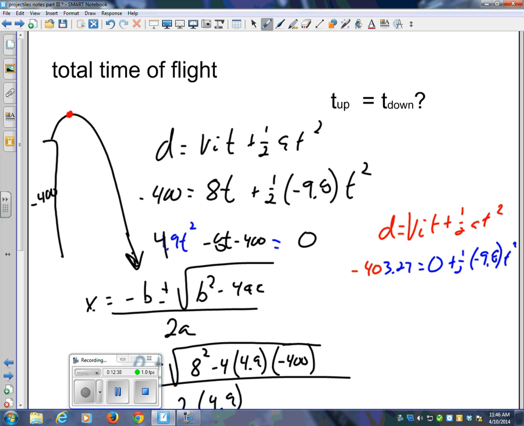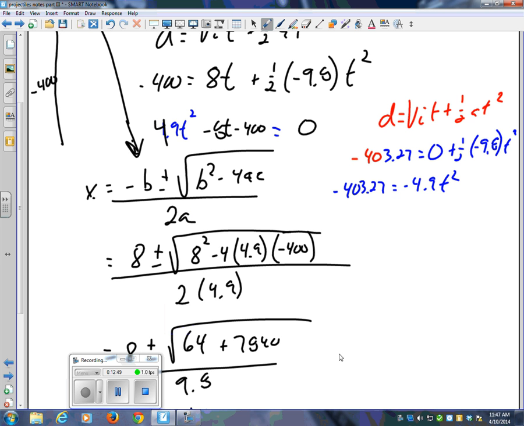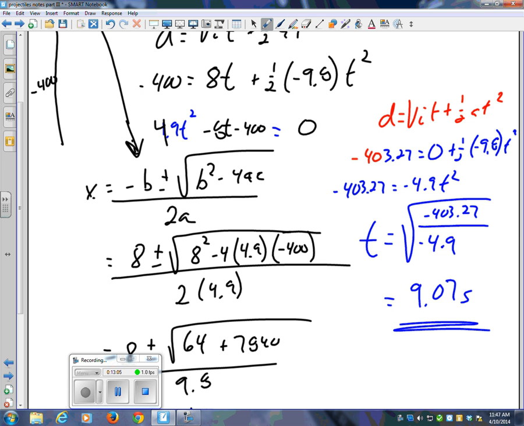You don't have to use that formula. There's no quadratic formula there, though, right? So it's really just minus 4.9 t squared. So t equals the square root of minus 403.27 all over minus 4.9. What do you get, Alex? How come you don't get the same value? Because that's only on the way down. Exactly, that's only the time on the way down. So you have to add